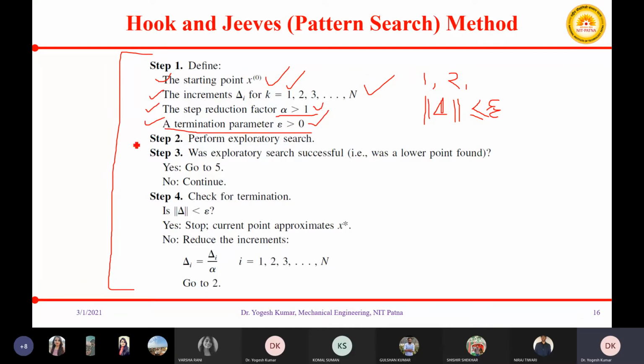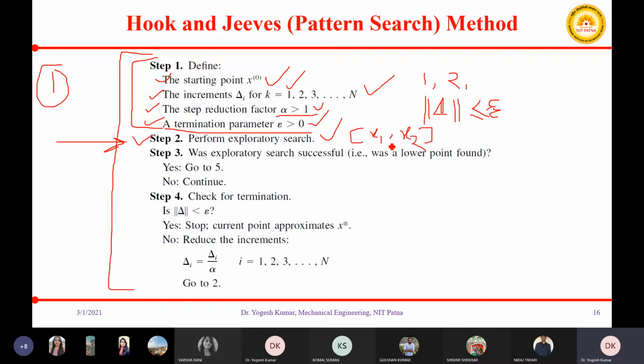And then in the second step, you need to perform, this is your starting step, that is step number 1. In step number 2, you will perform an exploratory move, and you will give certain increments, say delta, in your starting point. Suppose you are having a starting point x1, x2.